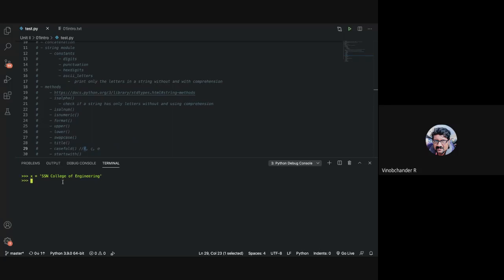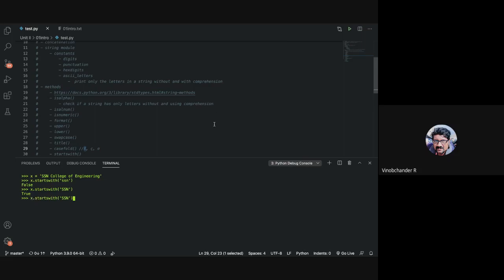So you can say x dot startswith, let me start with a lowercase ssn. Now, this is case sensitive. So when I say x dot startswith ssn, it is false, and when you say SSN, it is true.